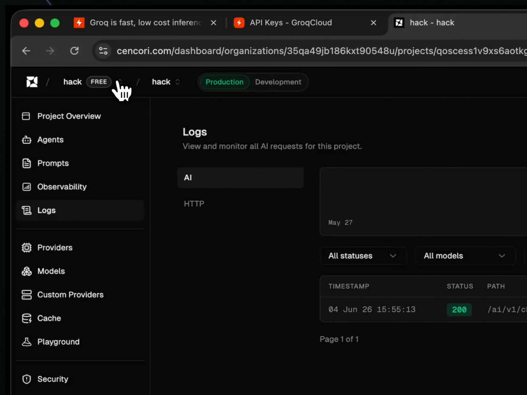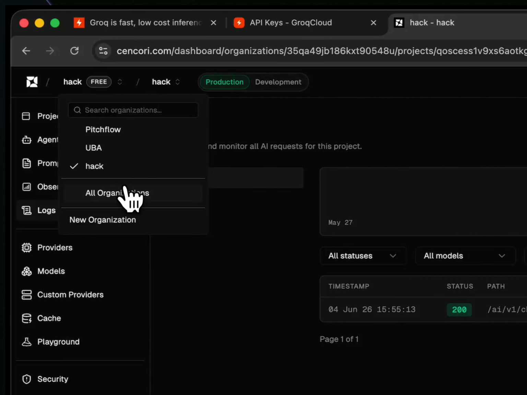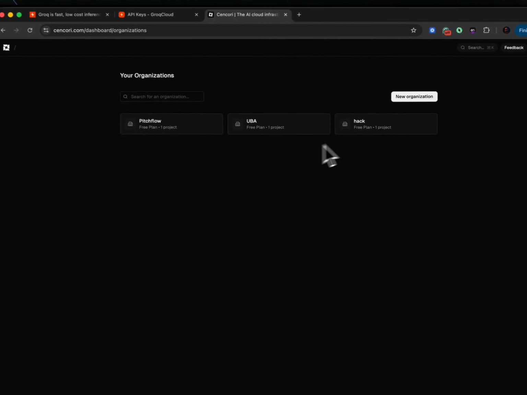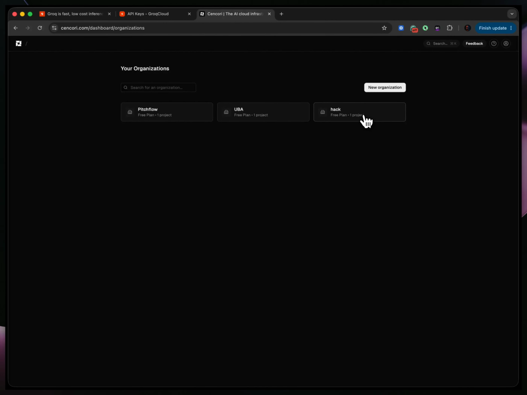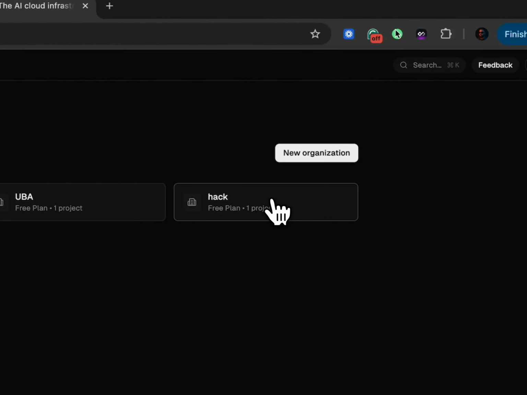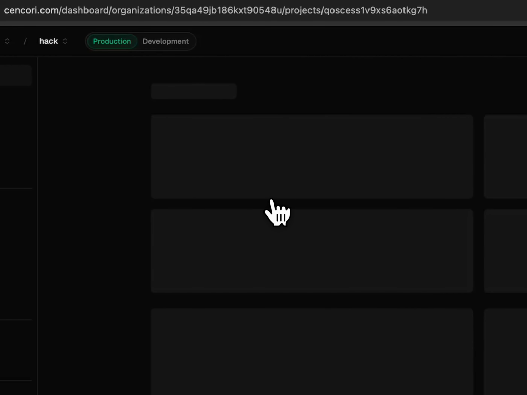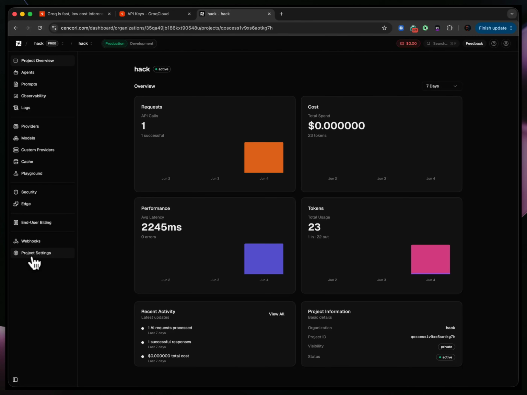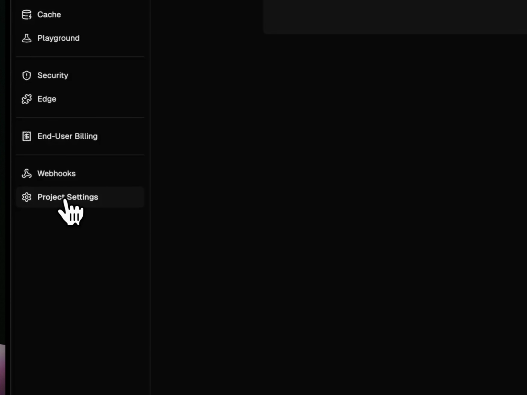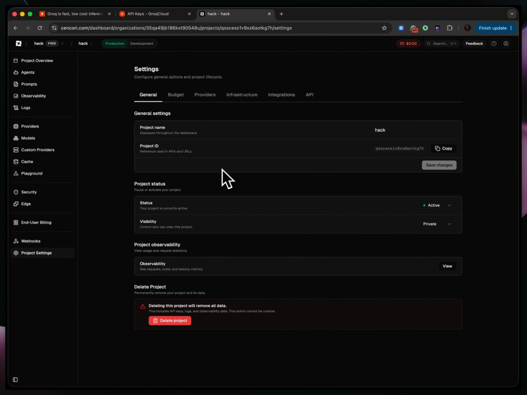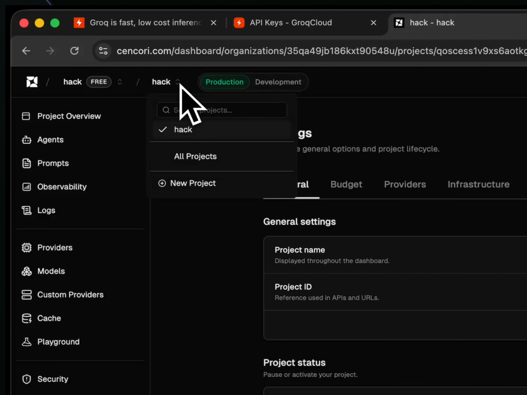And before I forget, I already have an organization here that I've created. It's called Hack, and this is what I'm going to be using. I already have a project also, so I'm going to be using it. And I already generated an API key. So this is how you generate an API key, right? You come to your, I think you saw the process now. You come to your